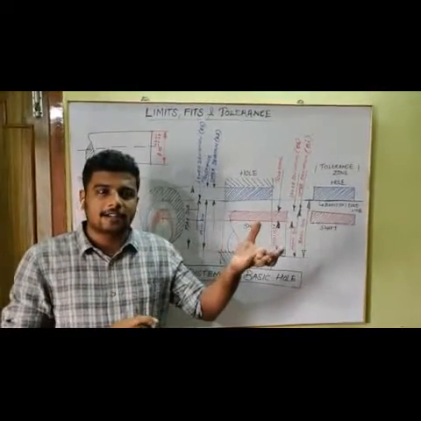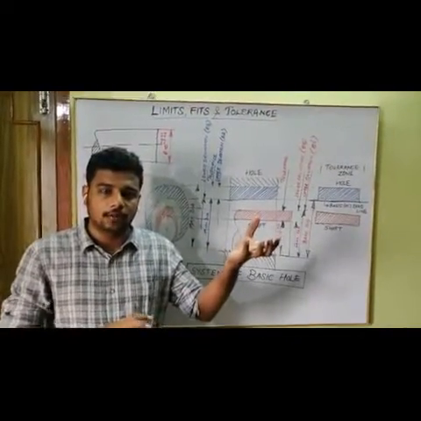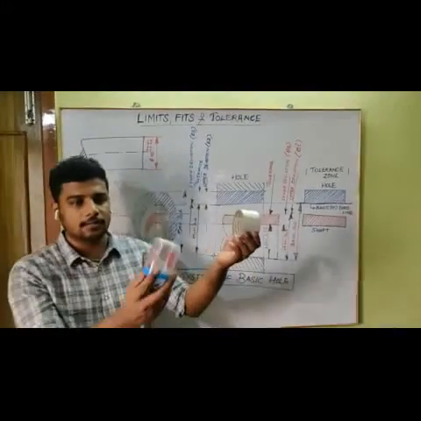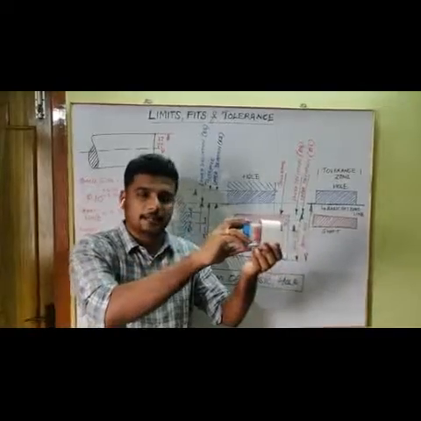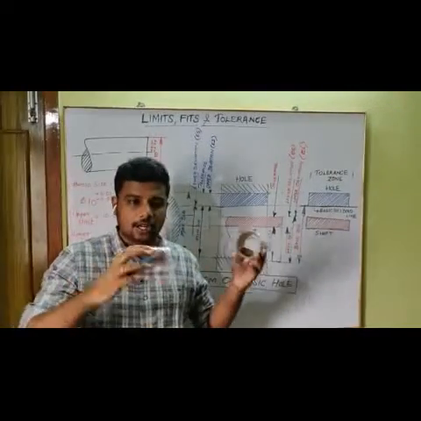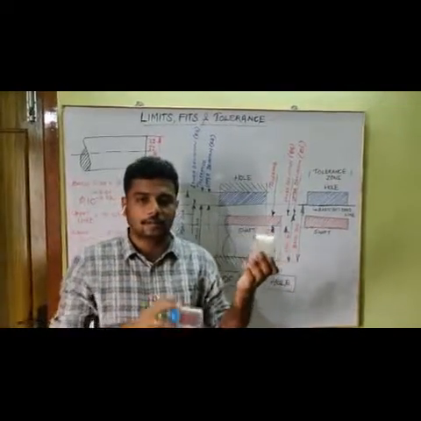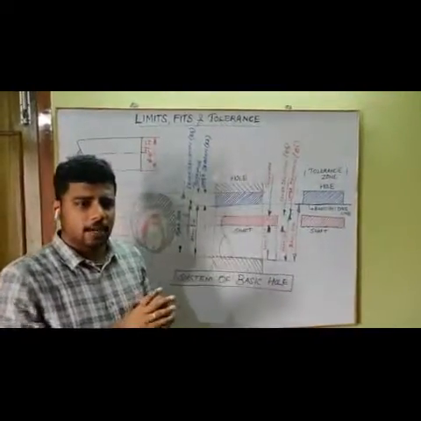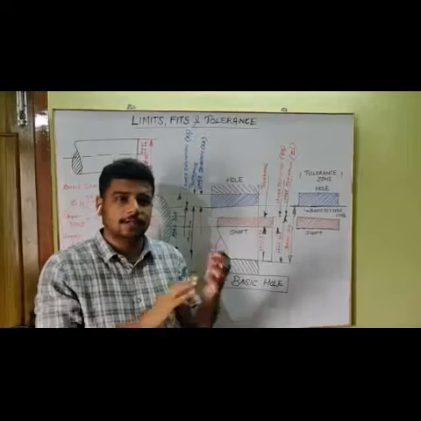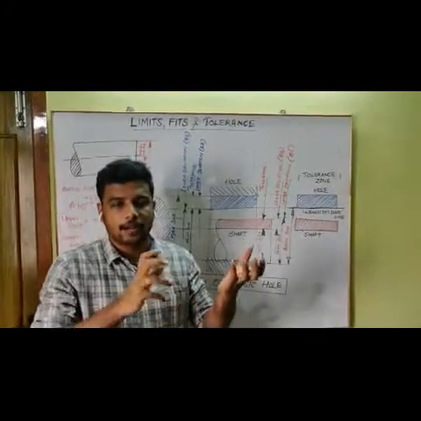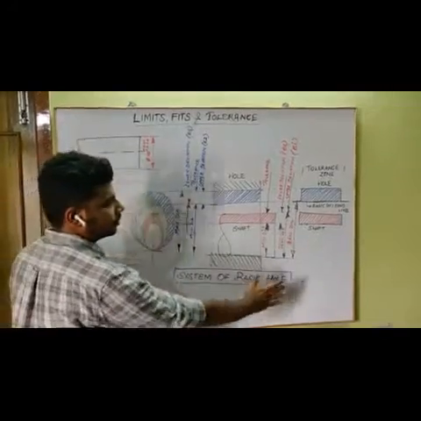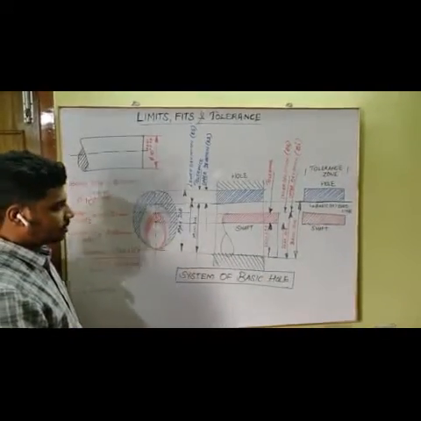One part I can take as a whole, and one part I can take as a shaft, like this. So this is your whole and this is your shaft, and I'm going to assemble like this. So generally I'm just taking this as a whole and this as a shaft, right? Any part that is getting assembled, we generally take as a whole and shaft system, right? So the terminology is all about your system of basic whole, right?